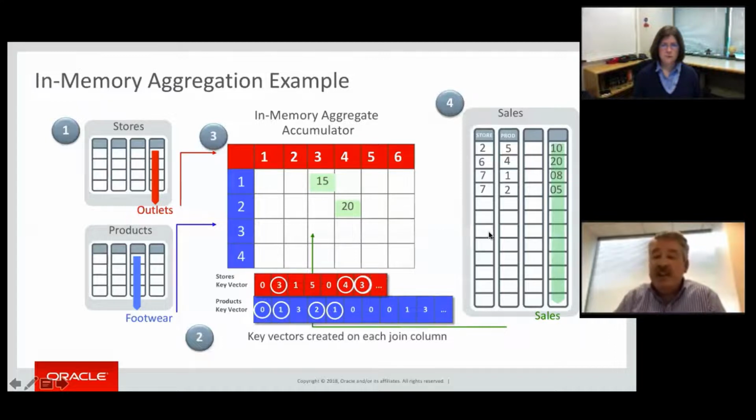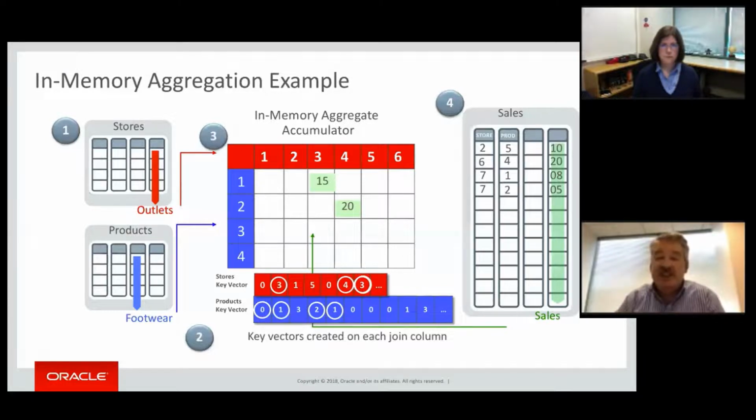In our next column value, and this is kind of the key to this, we hit 7 and then a 2. So now in this case, we actually do have a match. The 7 gives us a 1 for the products side, and then the 2 gives us a 3 for the store side, and we're going to add that. I'm going to go back real quick. So notice the value is 10 in that slot, and now when we hit the next column value, we're going to add that 5 that we come up with to the 10 for 15,